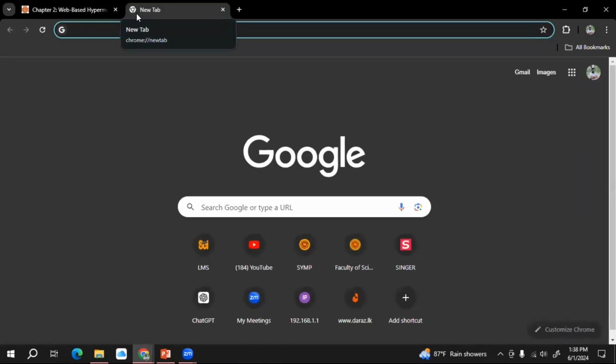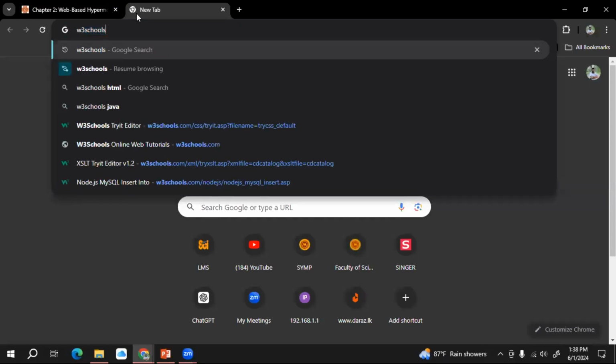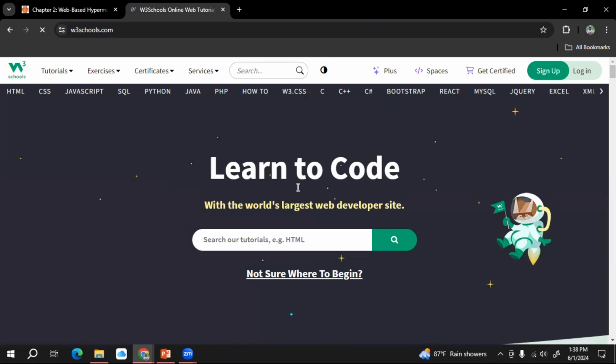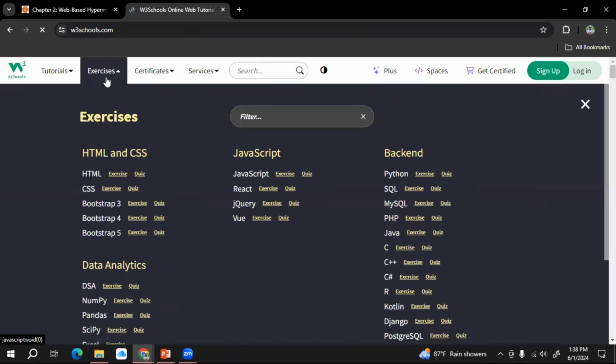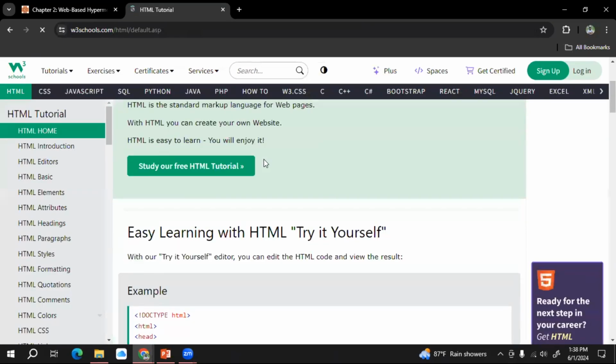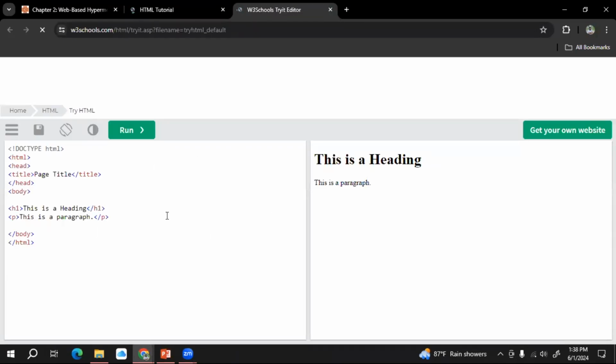Then we have one more good example. Have you heard of this? Do you have experience working with this website, W3Schools? This is a very good online resource for programmers, right? We have some tutorials, we have some exercises. If I go to this one, they provide this functionality. We can run this code in real time.